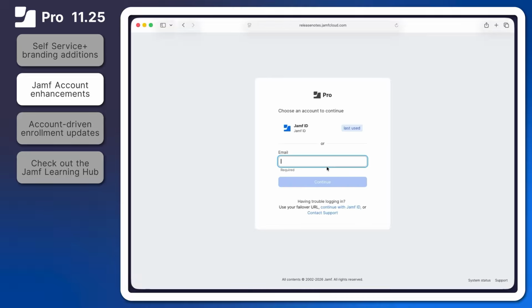As long as browser cookies are enabled, which is the default for most browsers, the Jamf Pro login page retains the last used IDP, eliminating the need to verify your domain by entering an email address.